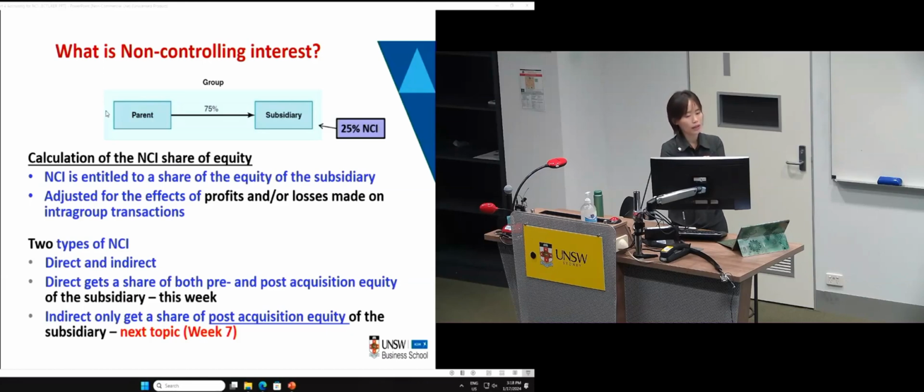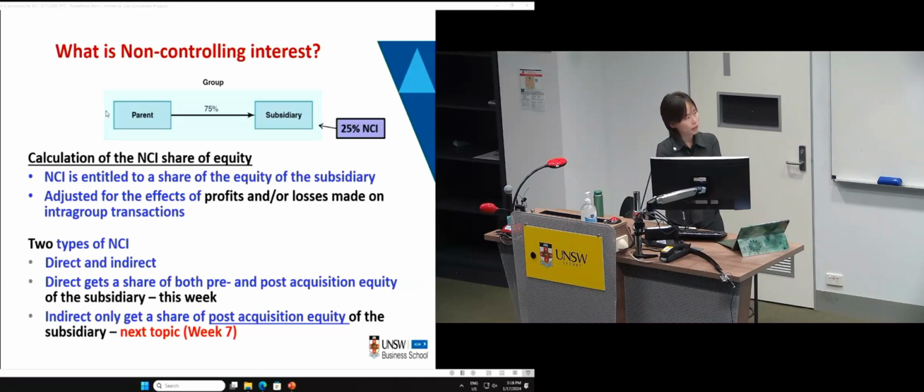For the intra-group transaction where parent entity recognizes profit or loss, you don't worry about that. You just need to prepare elimination entries as we did in the previous topic. Okay, so there's no NCI if the unrealized profit or loss is in the record of the parent's book. Now later we're going to show you an example to demonstrate how we are going to prepare these entries in relation to the NCI by using these two stages here.